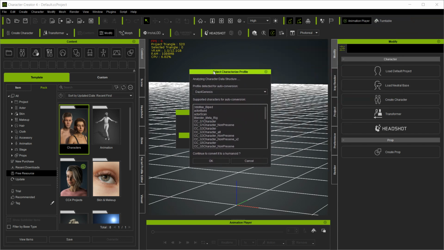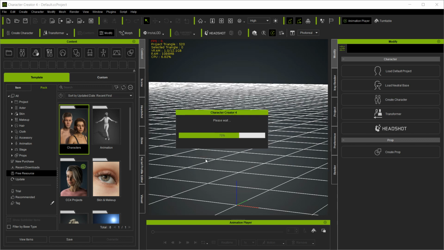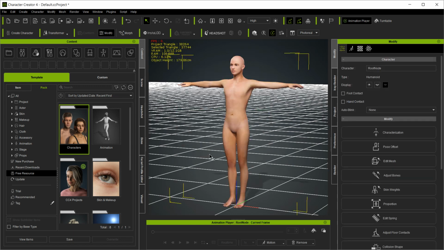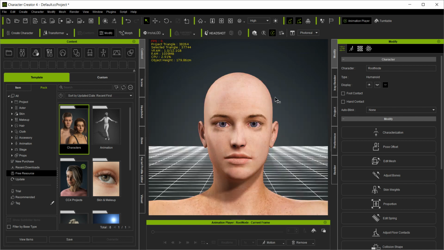Okay, it's going to tell me what it auto recognizes it as, DAZ Genesis, so that's okay. If I'd used a Genesis 8, it would have a Genesis 8 one here. And so I'll say okay. And there's my character. And now since I'm working on the face, I'm going to press J, and it will zoom in on the face. Okay, so now I need to find